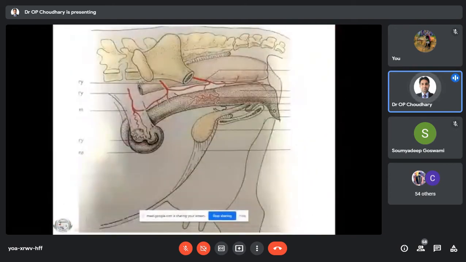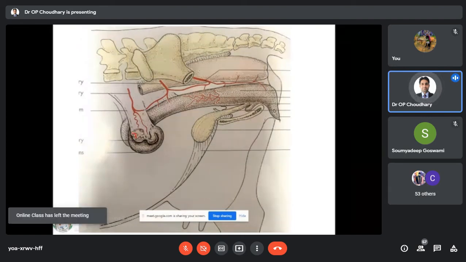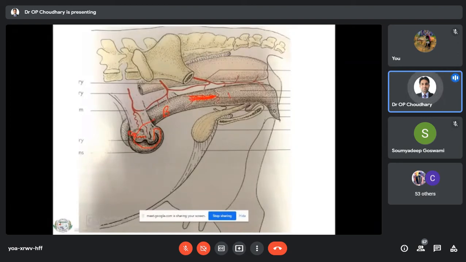So first you can see here, this is the diagrammatic representation. You can see here, these are the oviducts, and from the oviduct there is attachment of the ovary. Actually the ovary will be here, it's not clearly visible. Then these are the uterine horns, this is the uterine body, and inside you can see this dilated part, this is the cervix, and this part is the vagina, and externally you can see this part is the vulva.